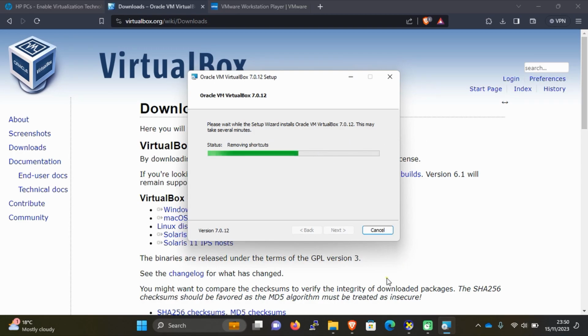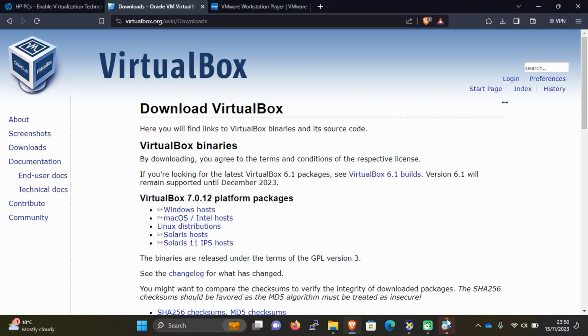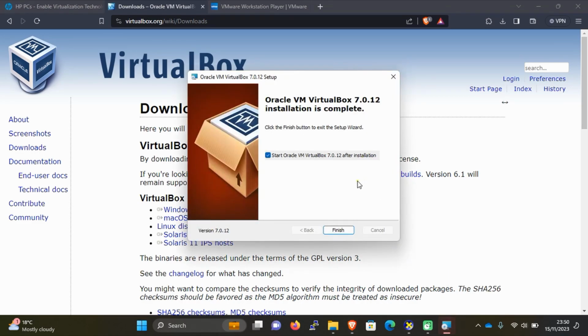This might take a few minutes. Please remember, doing a fresh install as well as just doing an upgrade of VirtualBox will take pretty much the same steps, and that will be it. At this point, allow me to pause the video until the setup is finished. Perfect. We already have VirtualBox installed, so I'll click on finish,